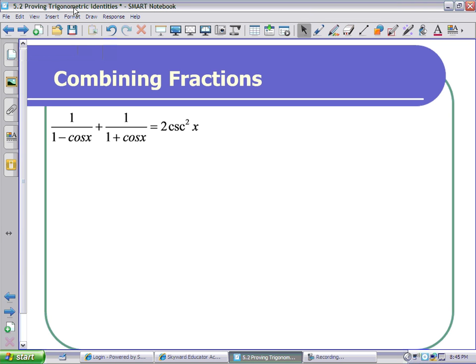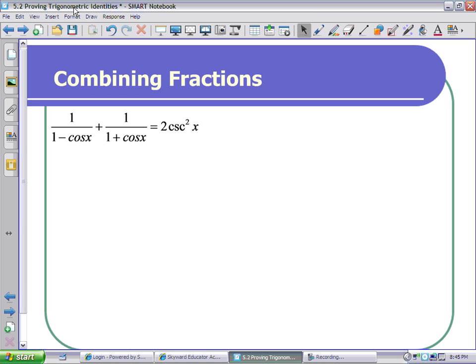Here we're proving trig identities by combining fractions. When you look at the original equation, you can see that the left-hand side of the equation is messier or more complicated. So we're going to choose to work with the left-hand side of the equation. Because I have a fraction plus a fraction, in order for me to add those two fractions, I have to